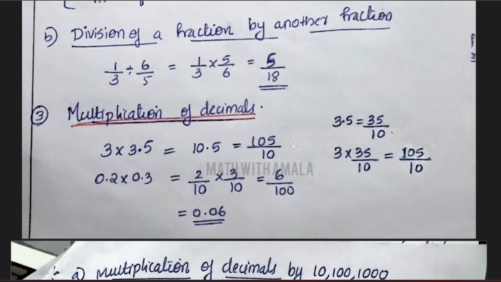Now 3.5 is equal to 35 by 10. 3 into 35 by 10 is equal to 105 by 10, which is the side work or the column work for the first question. Next one,